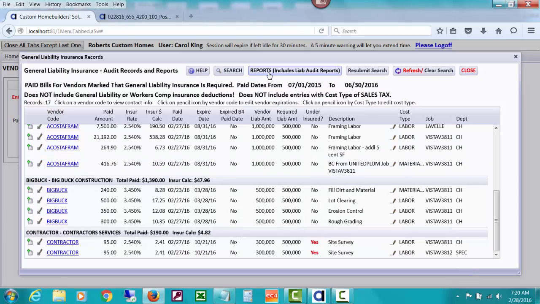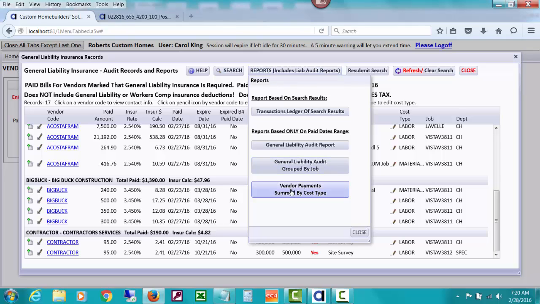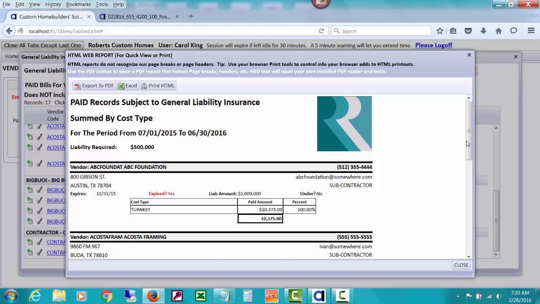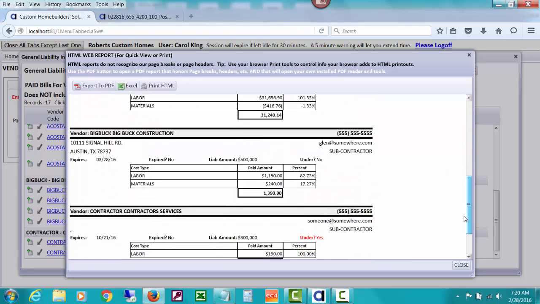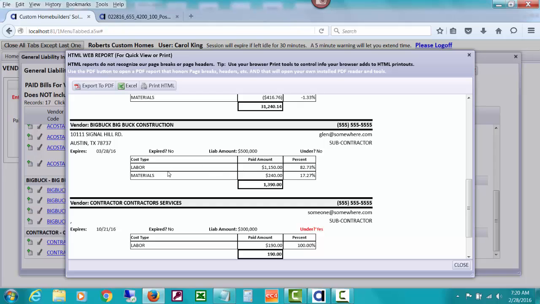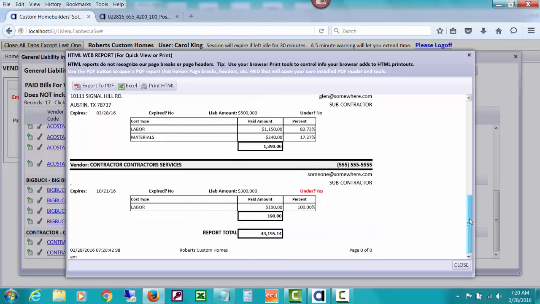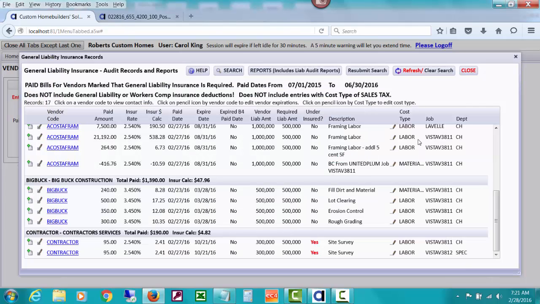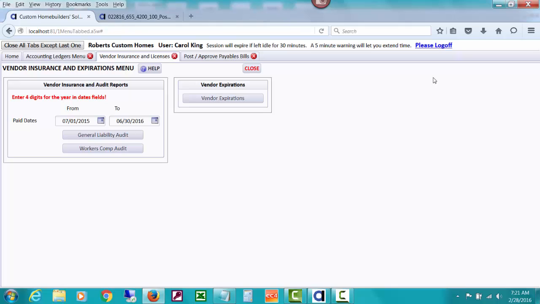The other thing we talked about during our videos, again, is selecting cost types while you enter those bills. And this report, sometimes the insurance auditor wants to see how much was for labor and how much was for materials of the entire amount that was posted, and that has to do with the cost type that you attached. So anyway, you can see how busy CHS is about trying to help you with that general liability insurance, letting you know if it's expired, helping you do a deduction from the bill for that,